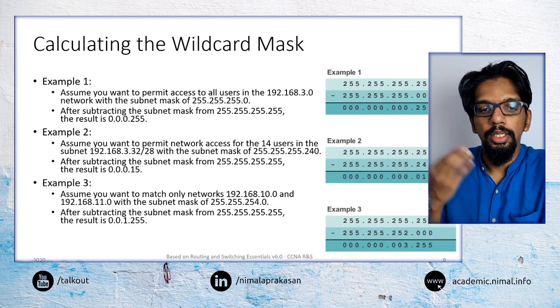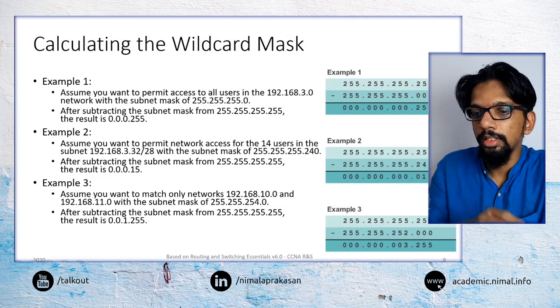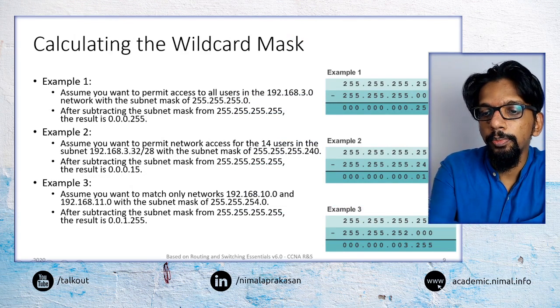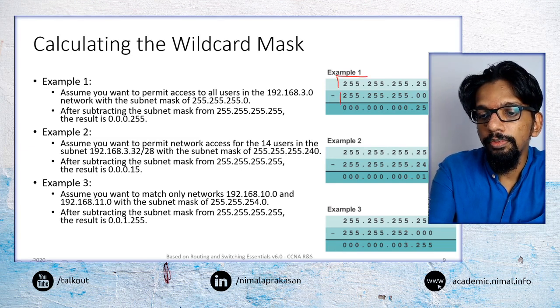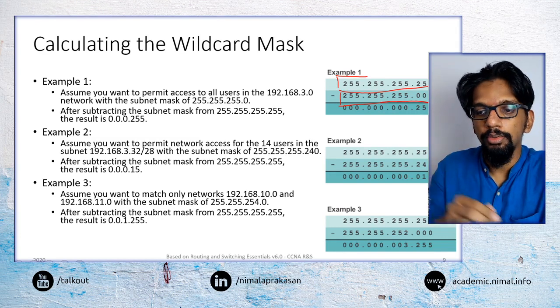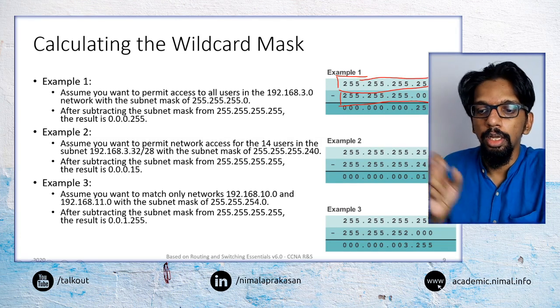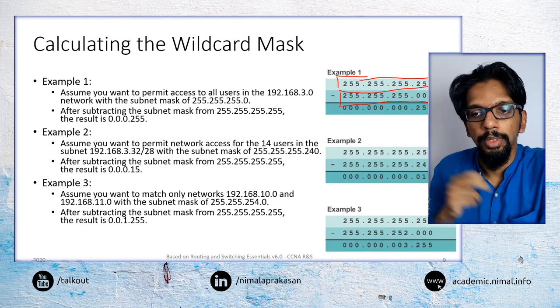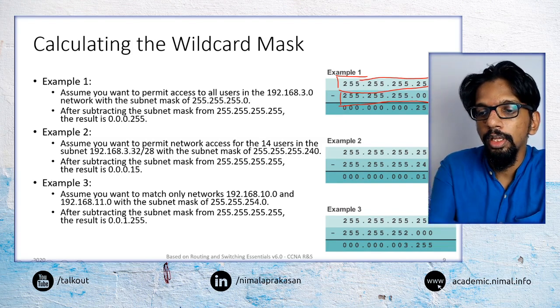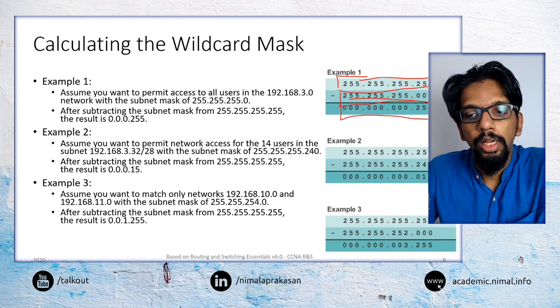If we see an example of how we may calculate these wildcard masks, we would take our subnet mask and subtract it from the global mask, 255.255 and so on, and the result that we get would be our wildcard mask.